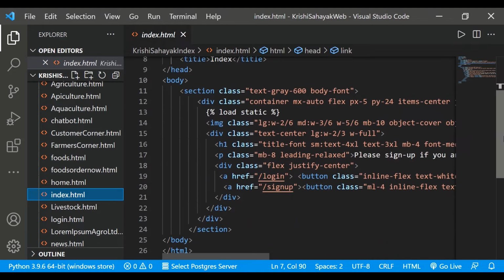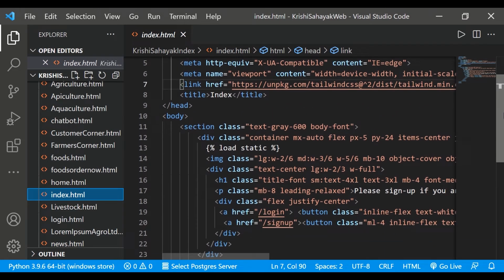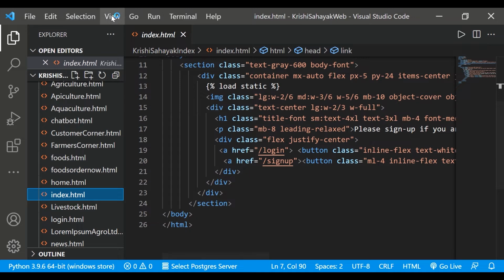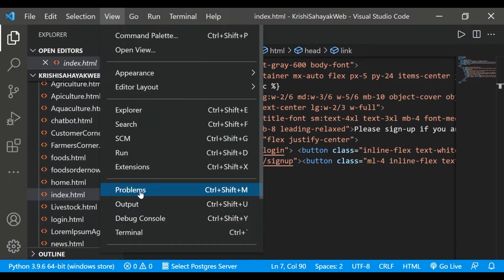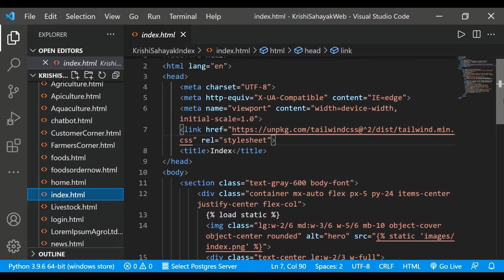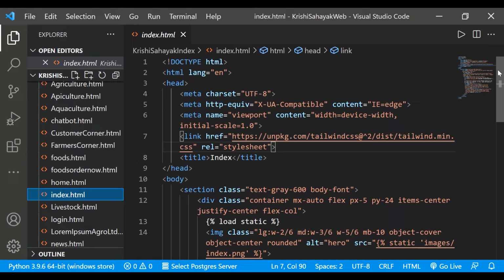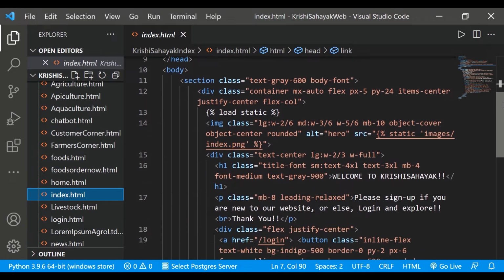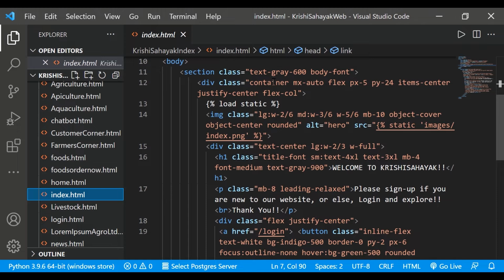So this is the index.html, and in this I have basically written the code with simple HTML, and I have included the CSS file. So here is the Django template language I was talking about at the start.